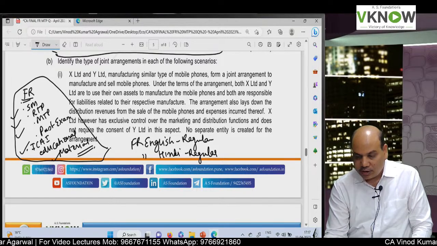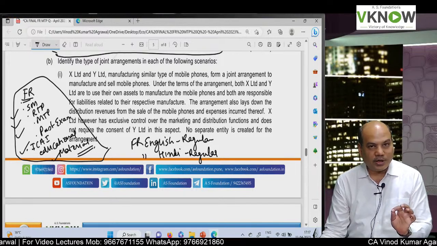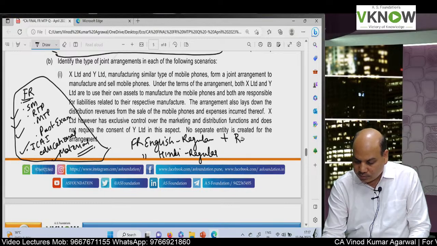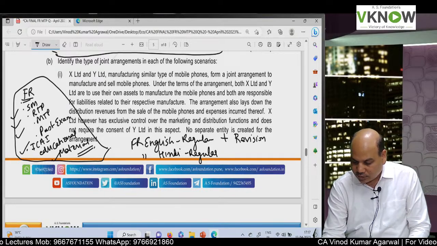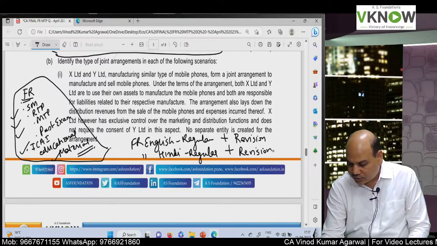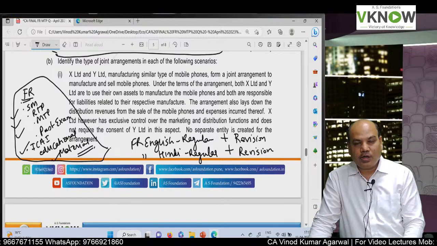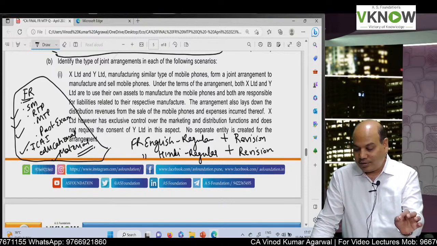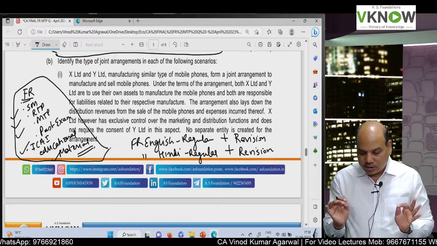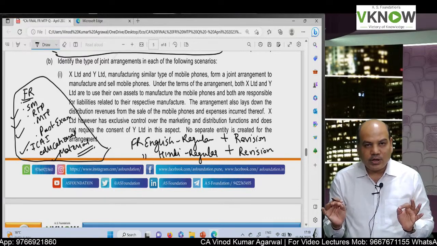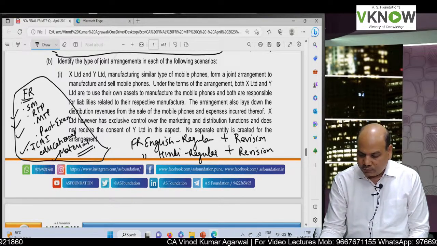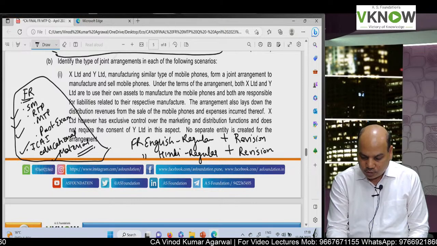Hindi will cover the entire syllabus. The book will be in English, the discussion will be in Hindi, plus we also have FR revision and regular Hindi revision also. So how much effort do teachers have to make? We have to record regular in 2 languages and revision also in 2 languages, and we have to cover the entire syllabus. But the best part is everything is covered at one place, and the student will find it very easy